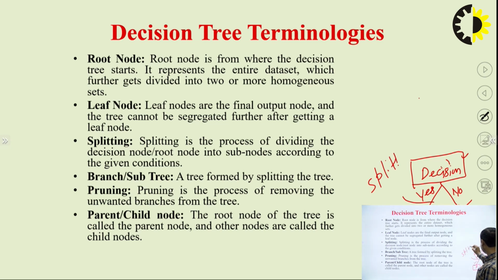So based on the responses, we take the decision, and on the basis of the decision we divide the root node into leaf nodes, and this is called splitting. So splitting is basically the process of dividing the decision node or root node into sub nodes according to